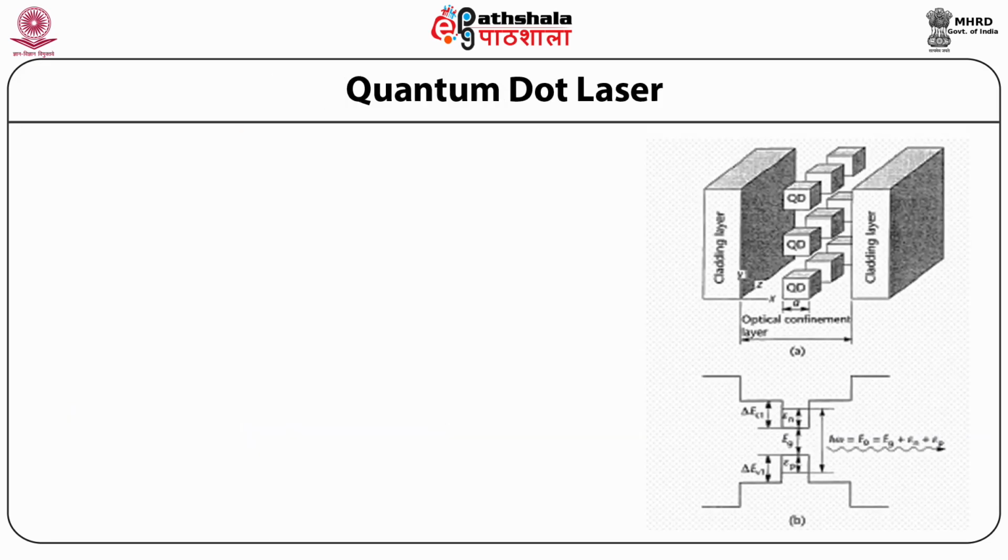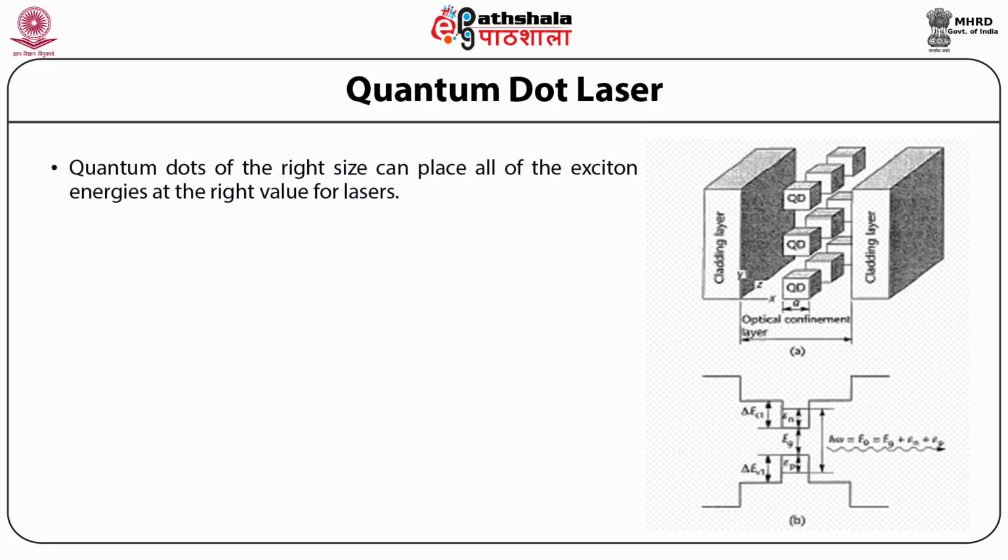Quantum dot laser. This is the schematic of the quantum dot laser, where a quantum dot is confined between the two cladding layers and there is optical confinement. The lasing frequency is related to the sum of the various energies. Here the quantum dot of the right size can place all of the exciton energies at the right value